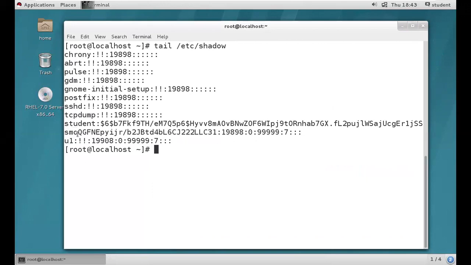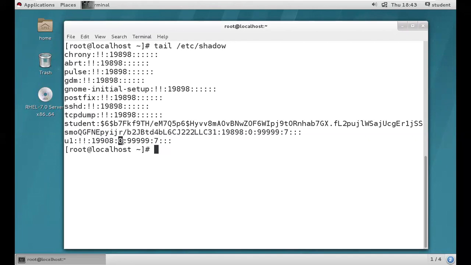See, guys, U1 is a username, first field. Second field, password. We didn't assign the password for U1, so that's why we have 2 exclamation marks here. And this is today's date. We are going to get it into a different format; I'll tell you how we need to get the proper format. Don't worry. Okay, 0 is a minimum age.